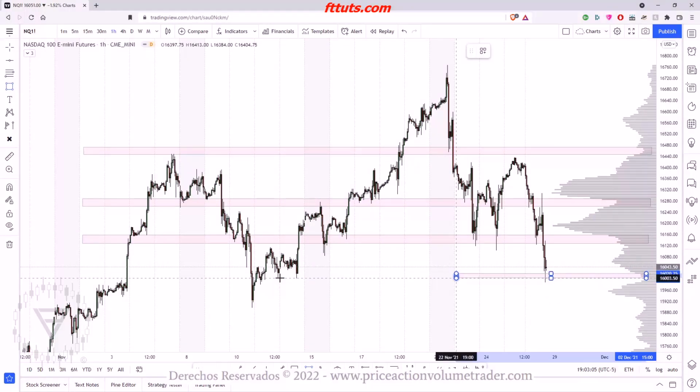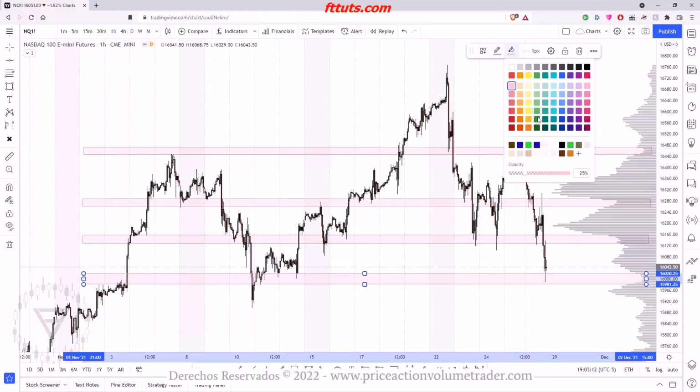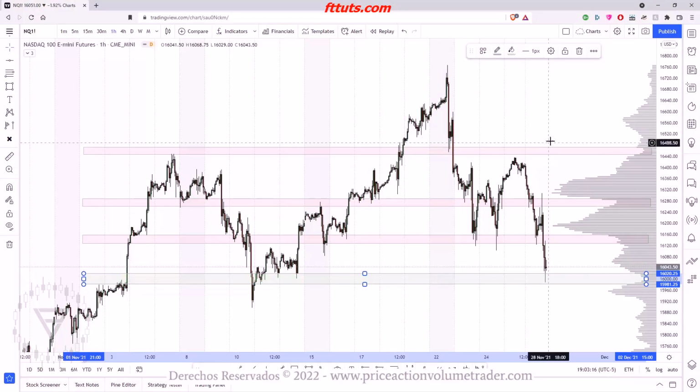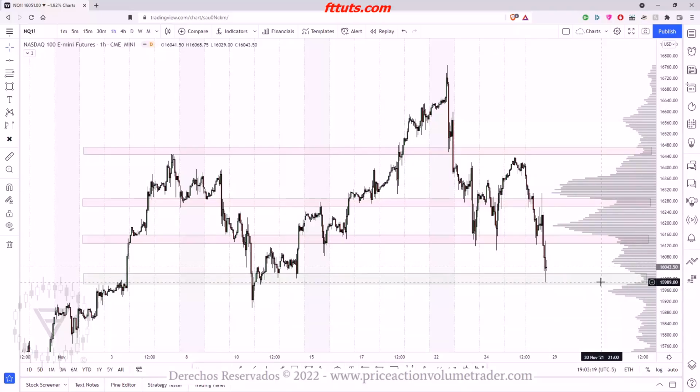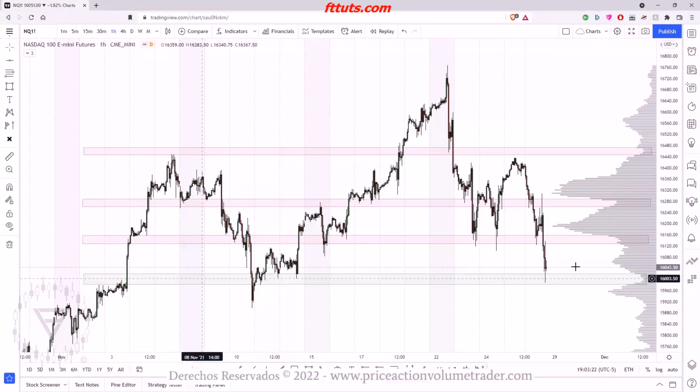Like you can see this one here, this one I would make green, because now this is an area of support. But pretty much just observe the behaviors that we have at the edges of these nodes, and you can see